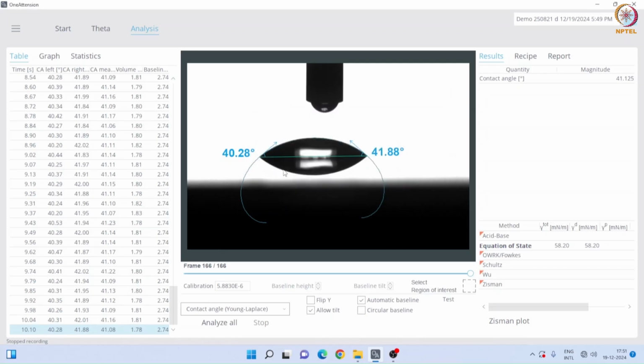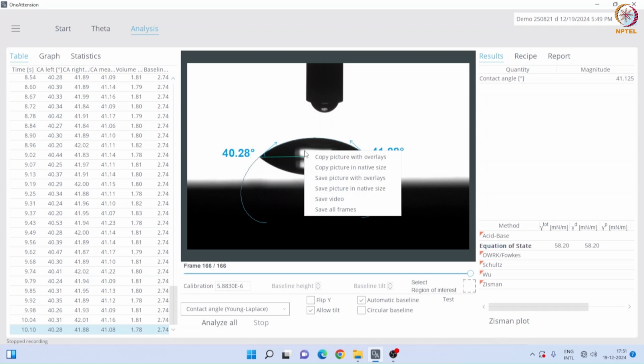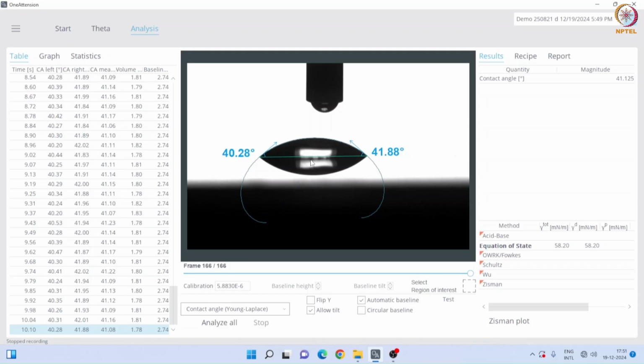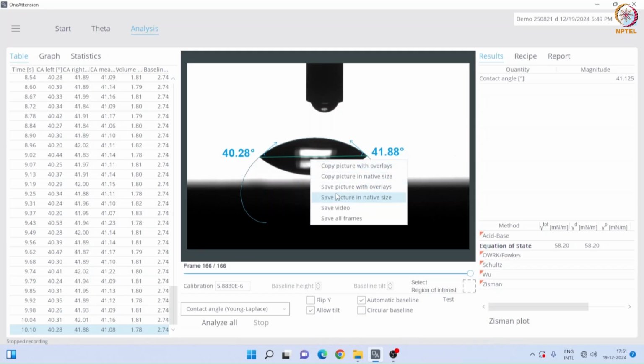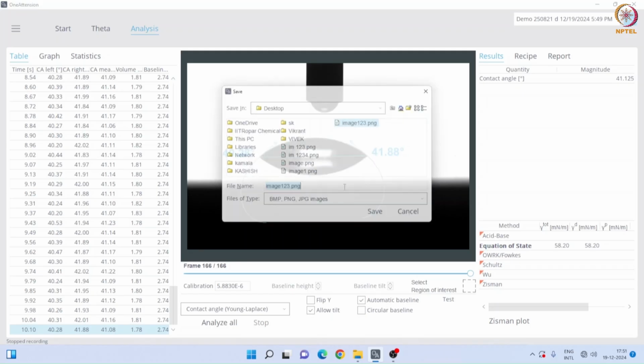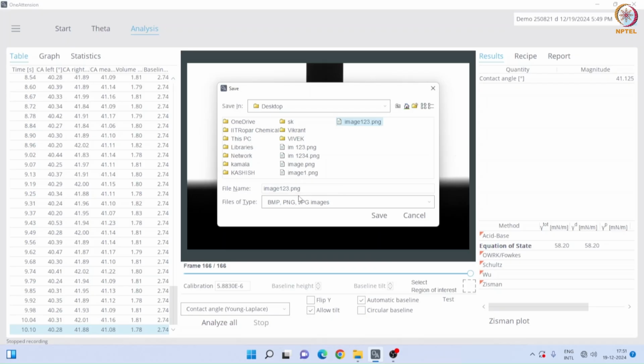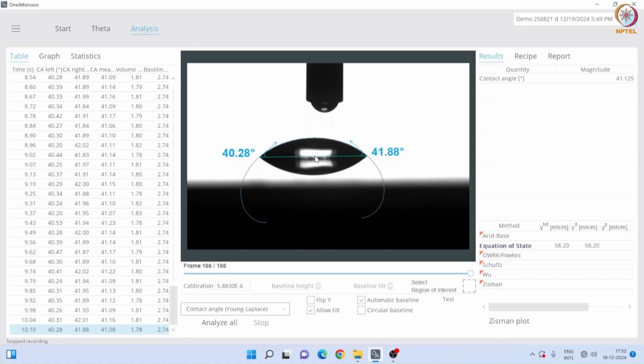Right now, if you want to keep it with the contact angle notations, just click at whatever point you want, or you can analyze all again so that it will give you the average contact angle. Now I can save it, and this should be the overlay. To see this image, we can check.